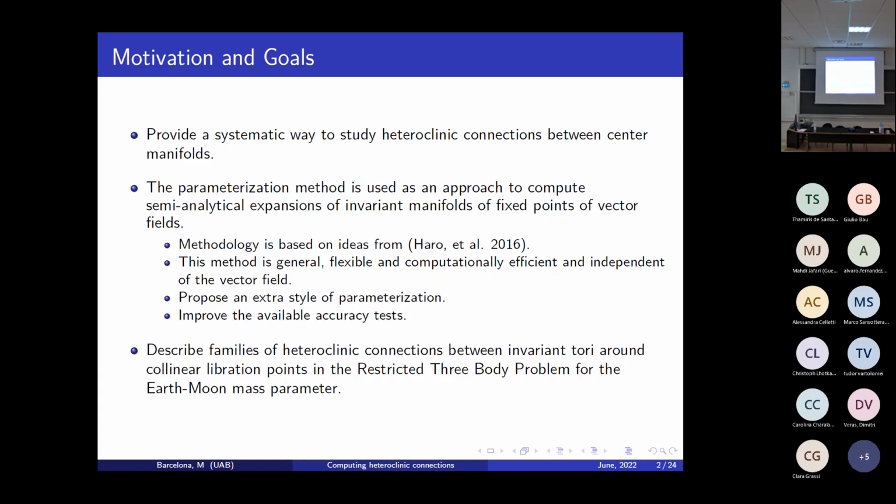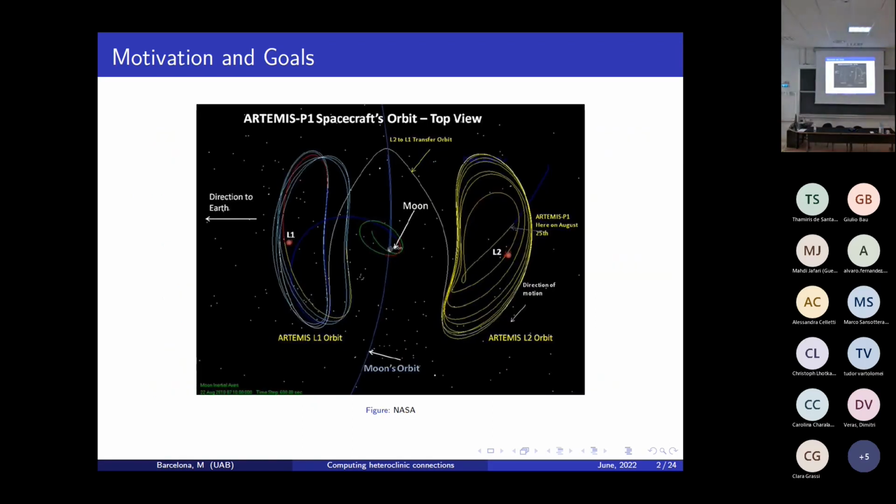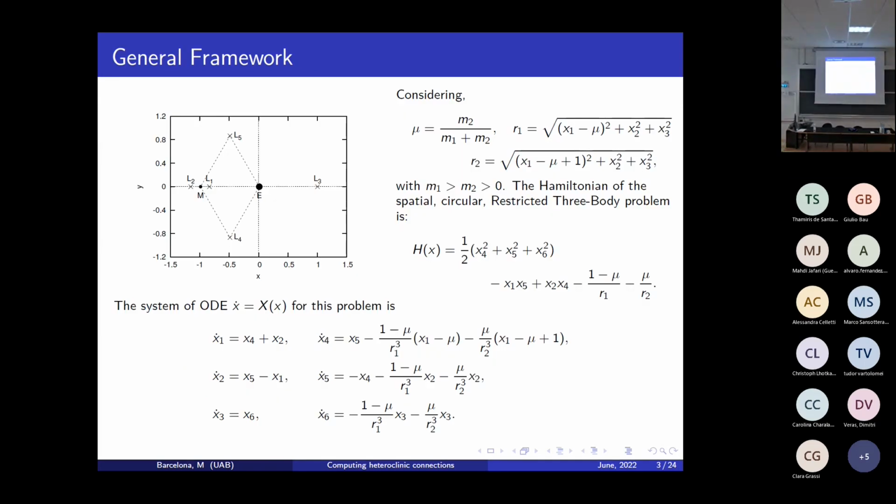In this work, we present results in particular for the restricted three-body problem for the Earth-Moon mass parameter, but it can be extended to other vector fields. In particular, we try to give a family of heteroclinic connections between collinear libration points in this problem, so that can be used in some sense as a seed to libration point missions like the ARTEMIS P1 in 2011. Just to be clear, we will set the small mass primary at the left side